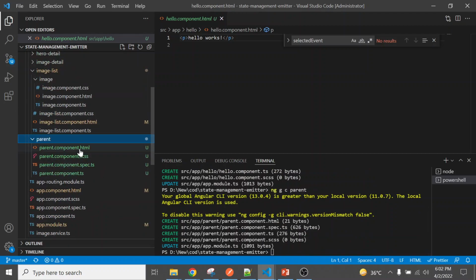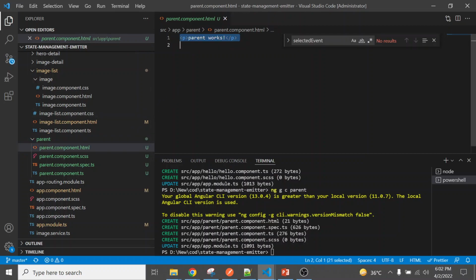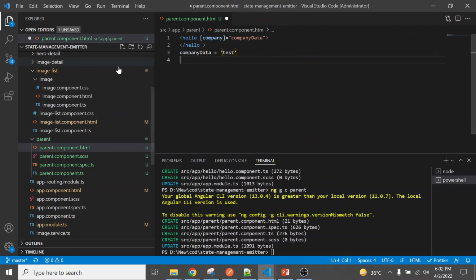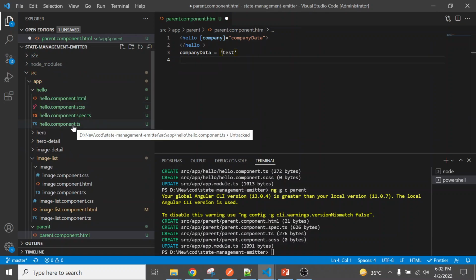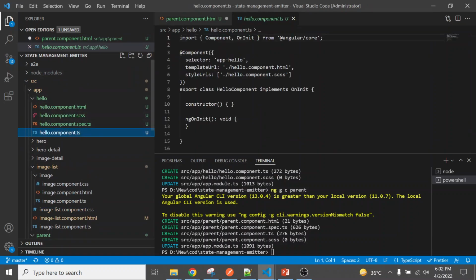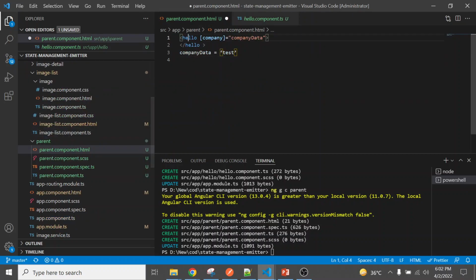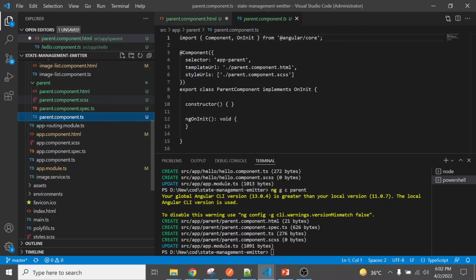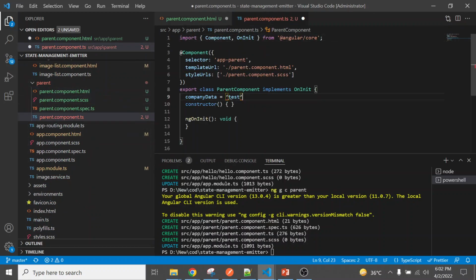Suppose we have this parent component, and we want to use the hello component. So pick the selector from there. We want to use the hello component and pass the data from the parent component.